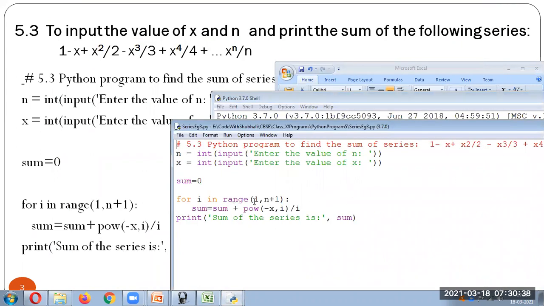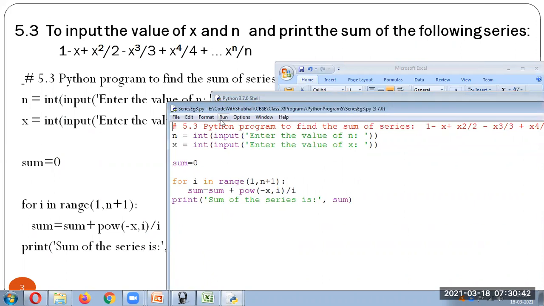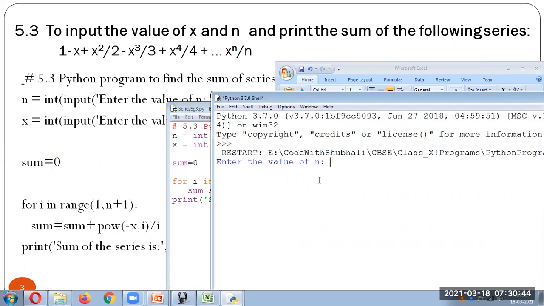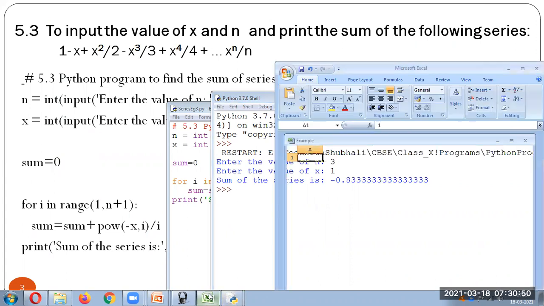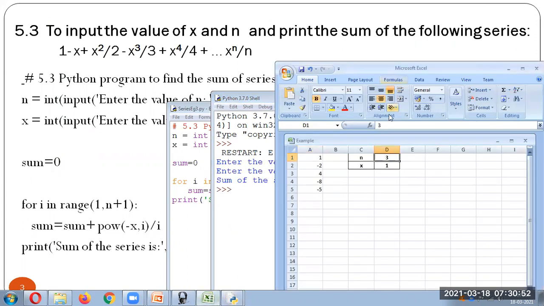Okay. So first time the value of I is 1. Let me run it again one more time. So the value of n is 3, x is 1. You are getting this. Okay, let us check whether it is correct. The value of n is 3, x is 1. Now here we'll keep an I value, and we will change the value of I over here.